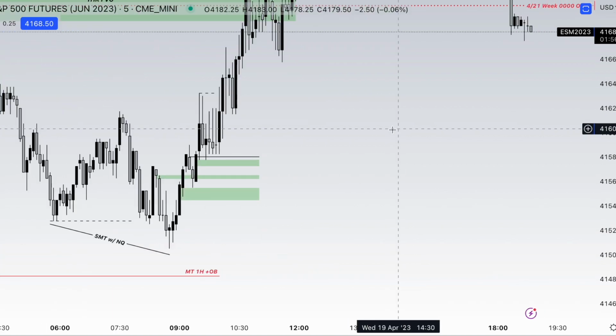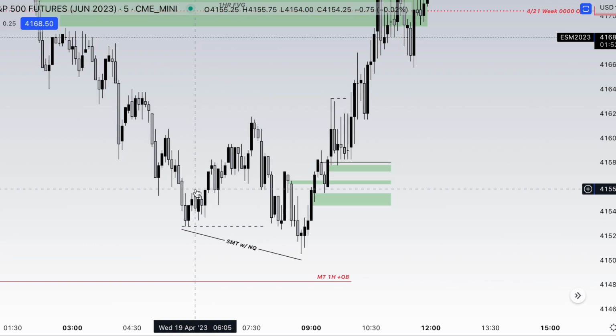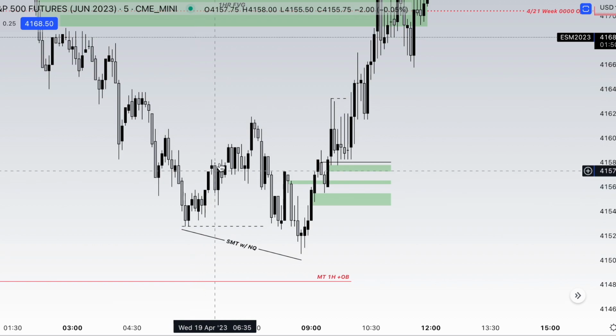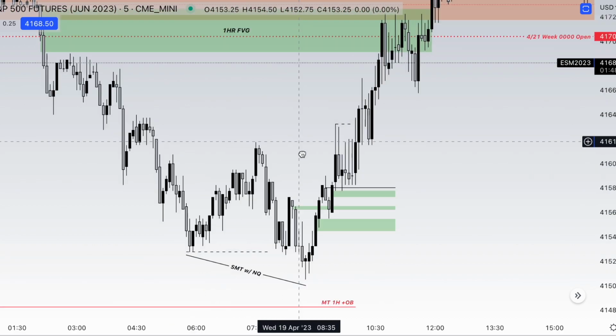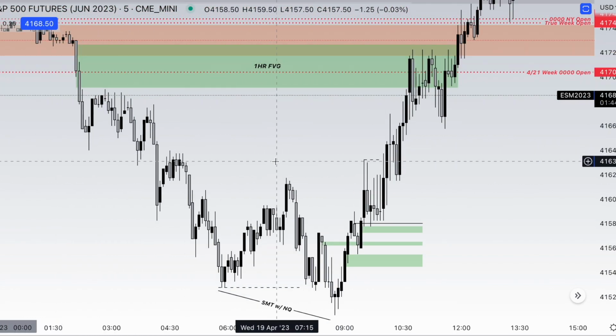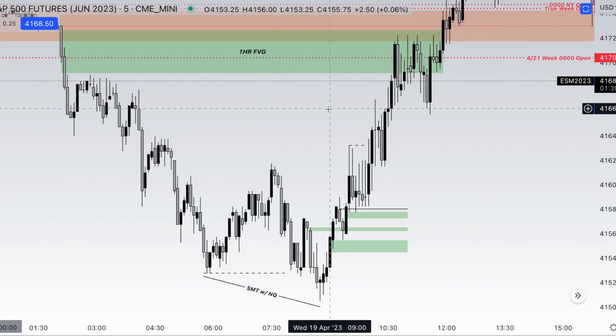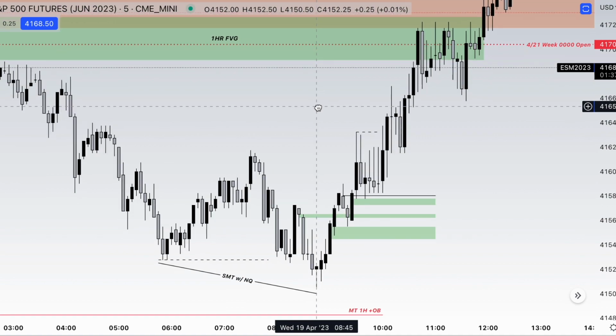Zooming back in. With all that being said, directing us towards a bullish bias, at least for the morning session here, we had some buy side imbalances that we needed to trade into that we ended up getting at the end of the morning session. But particularly in the New York Open,